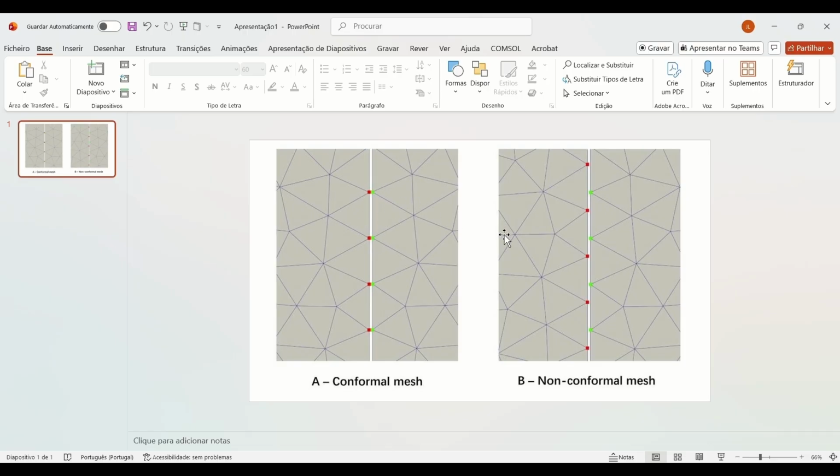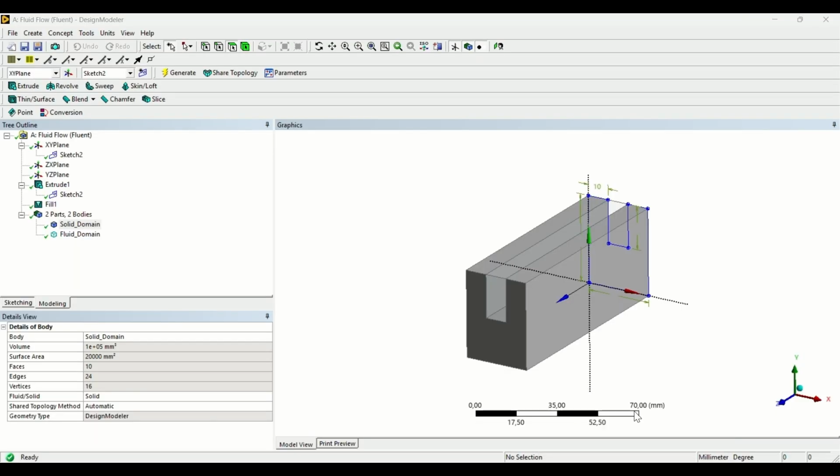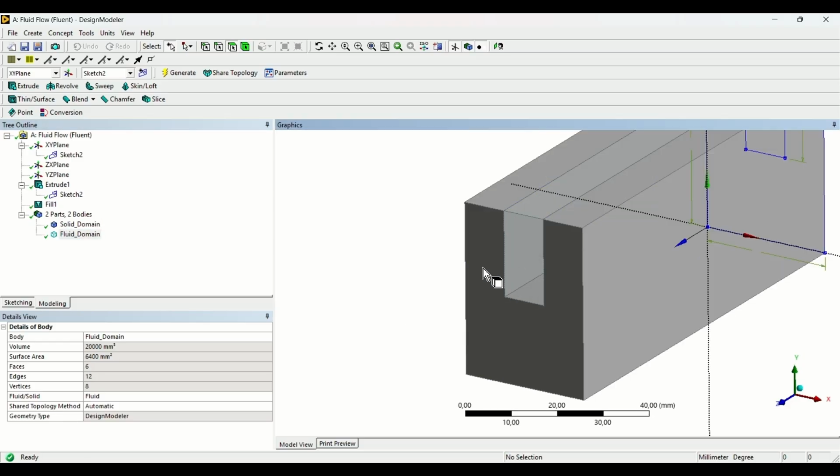In case you want to perform a non-conformal mesh, then the nodes and the elements are not going to be coincident. And how do you make the mesh to be either option A or option B? In this case, you have different options. One of them, as you can see here, if I go to the mesh option right now, I have the solid domain and the fluid domain. So in this case, the mesh obtained as a result will be a non-conformal mesh because these two bodies are not sharing